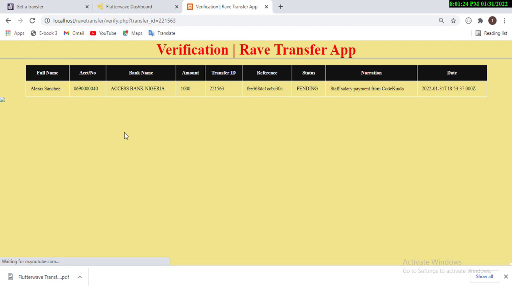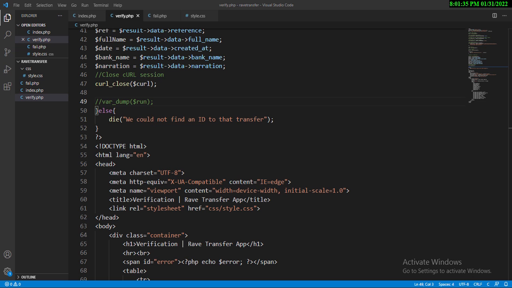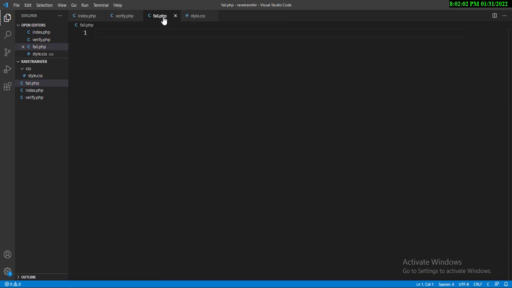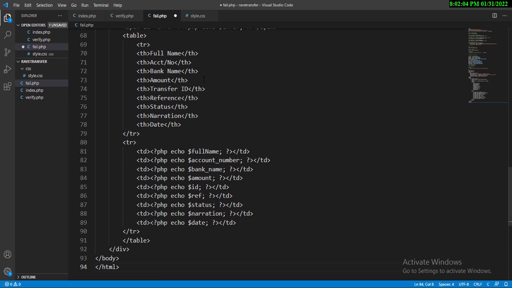And then quickly, let us just go ahead and create our field page. And to create that, I'm going to just go ahead and copy this page. So let's Control A to copy everything that is in this page, and let's go to our field.php, and let's paste that right there. And we do not need this table right here, so I'm going to take away this table,